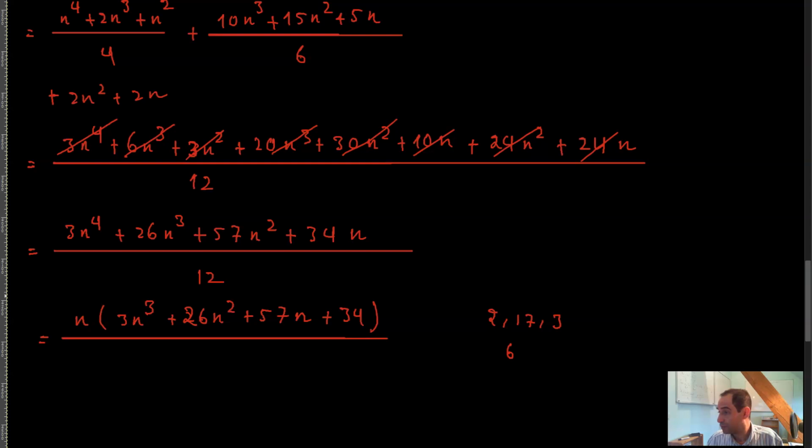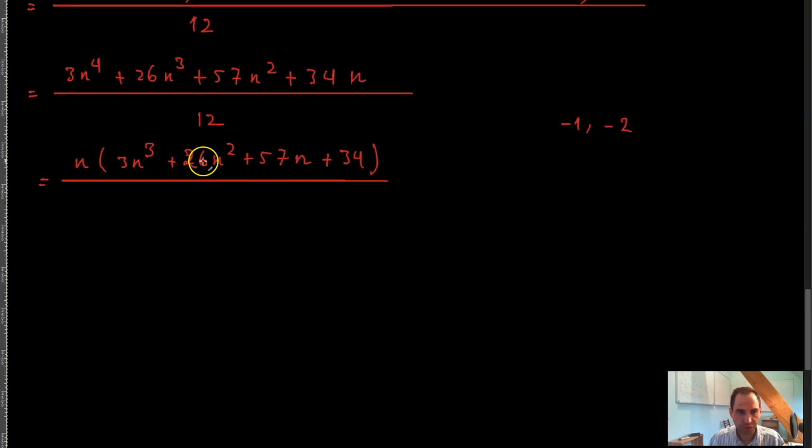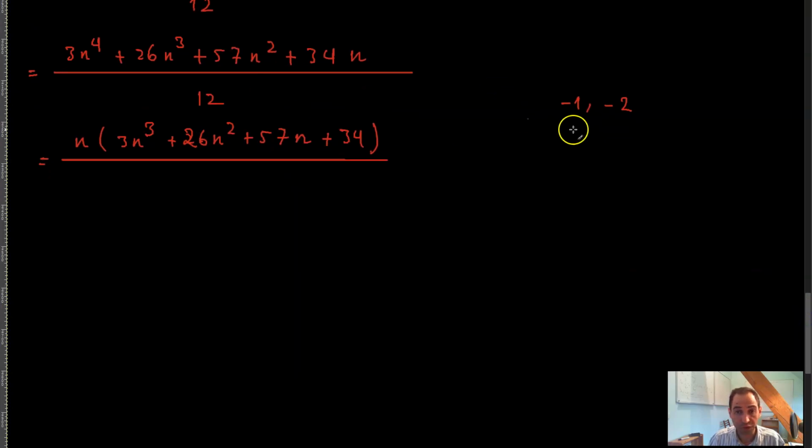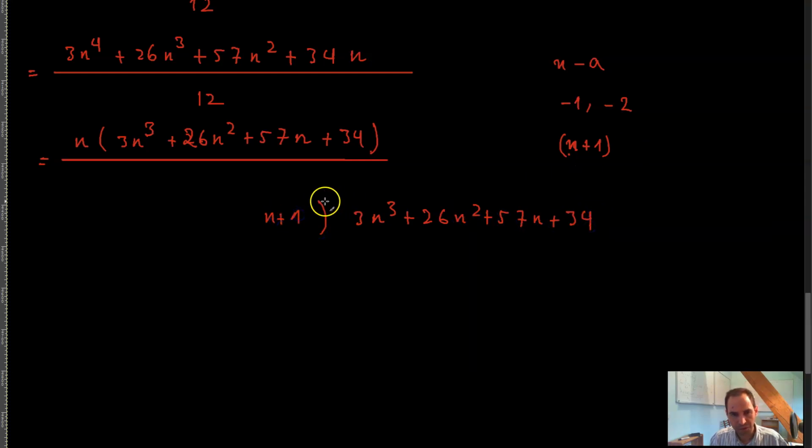There is negative 1 and negative 2 and some other number. Negative 1 and negative 2 are zeros of this polynomial, so you can basically divide this by x minus a, and x minus a would be x minus negative 1, which is x plus 1. So if you divide by x plus 1, you will get 3 times n raised to the power 3 plus 26 times n squared plus 57 times n plus 34, divided by n plus 1, you will get